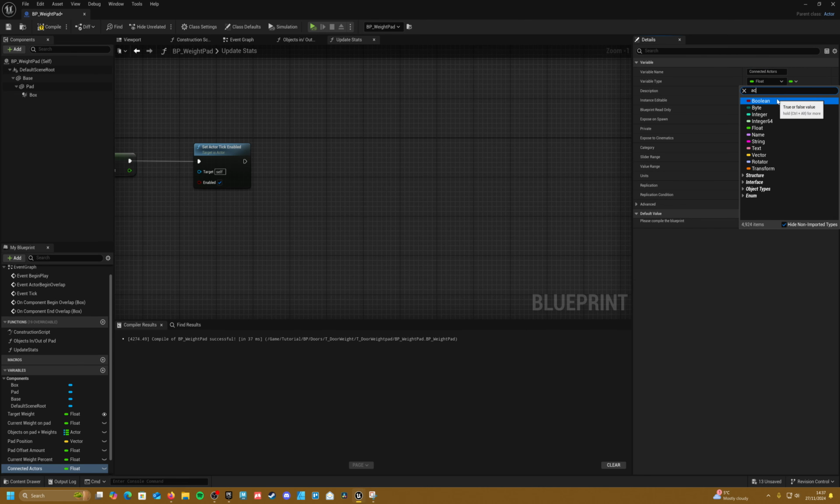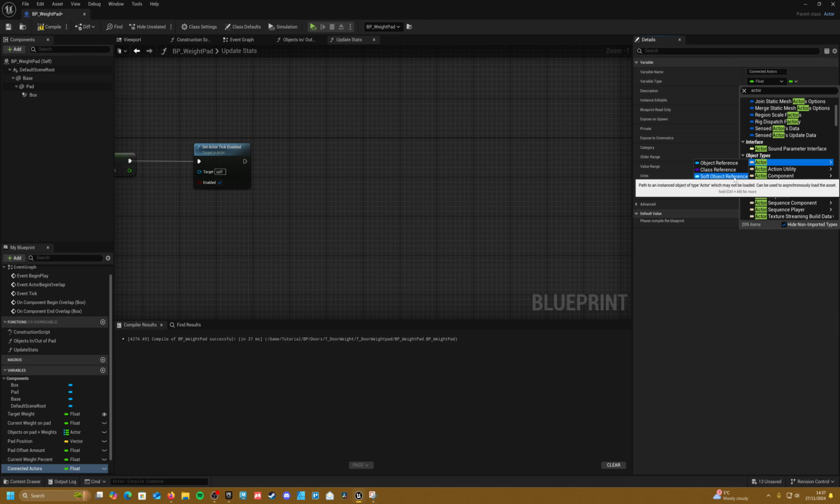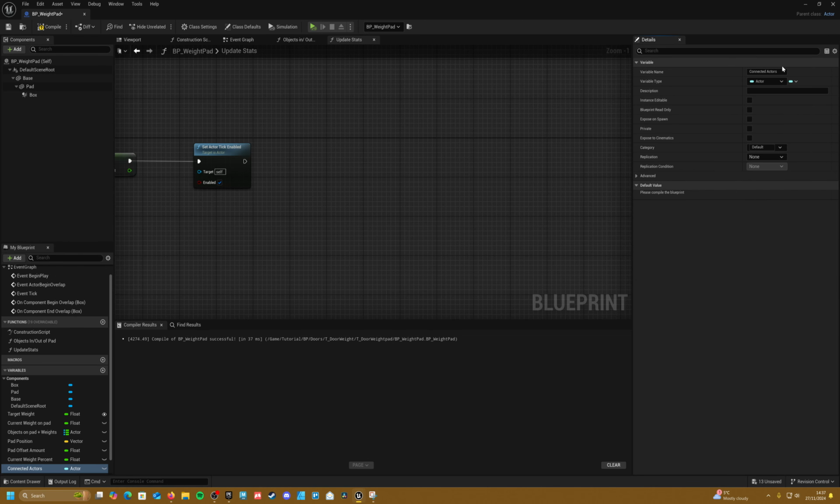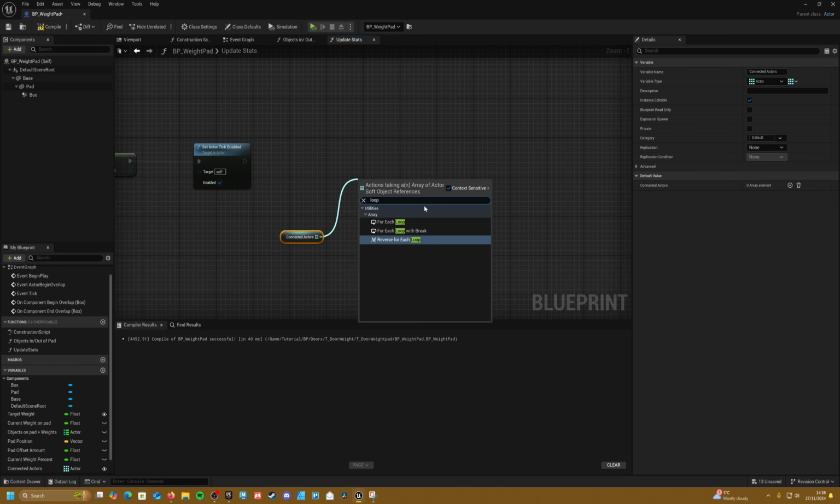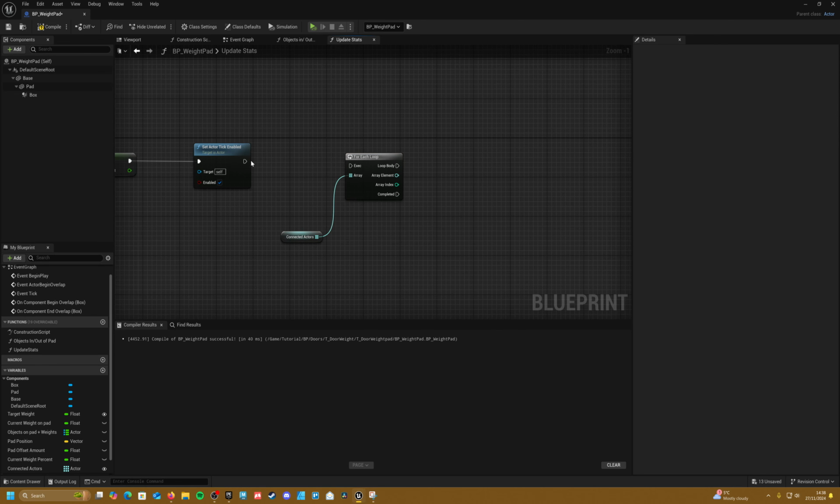And let's make this an actor type and a soft object reference. Okay, and for now, let's make this an array as well, so that we can actually connect multiple actors to this weight pad if we want. And then if we go down here and tick on the little eye, we can add these in while we're back in the scene. Okay, so if we drag this guy out, and we for each loop, like this,